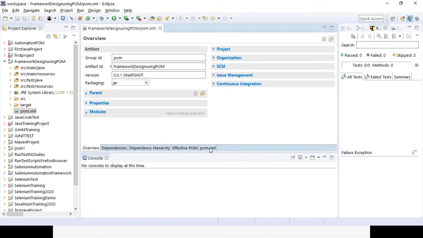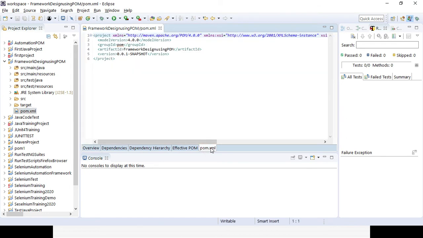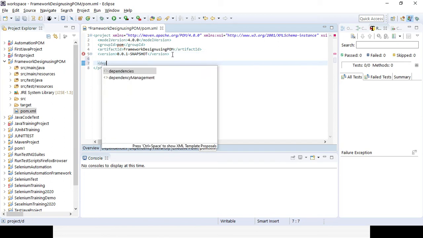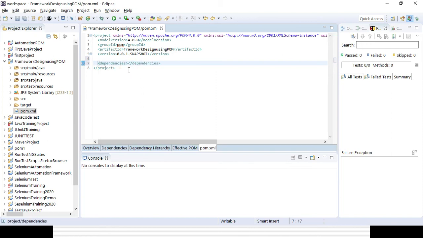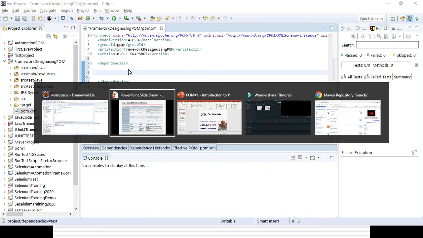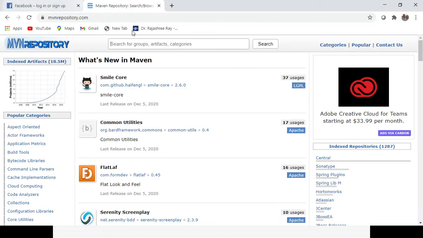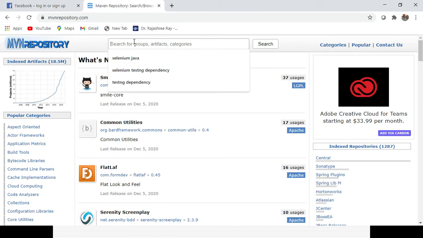Right, so you need to double click on the pom xml file, and after that you need to go to that xml file, pom xml. Here, like already group id, artifact id, and version are there, and you need to add all the dependencies one by one. So you need to use the dependency tag, it will automatically come, right, and in the dependencies tag you will add all the dependencies. So now I will add 2 dependencies. One is for Selenium WebDriver and another is for TestNG.